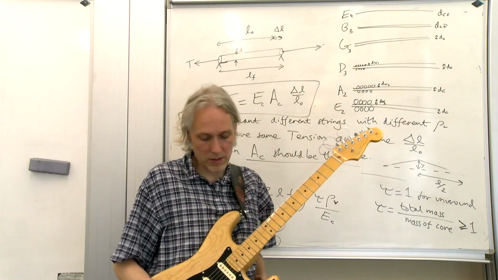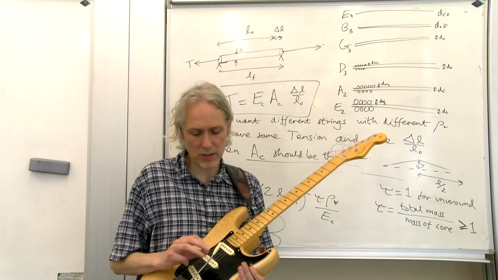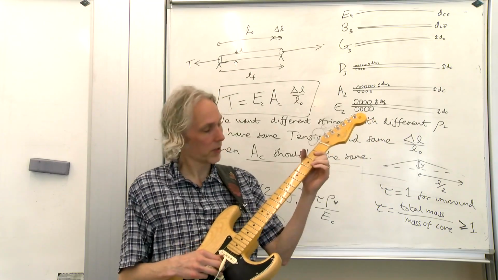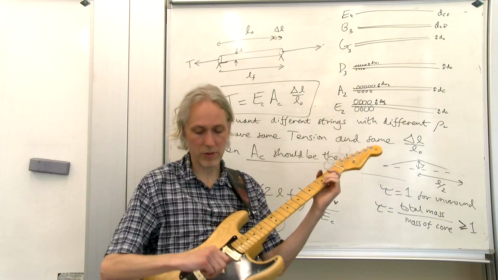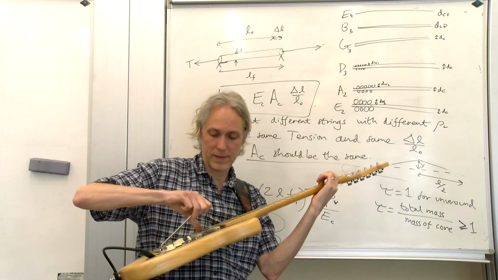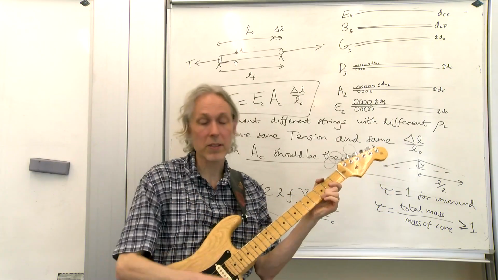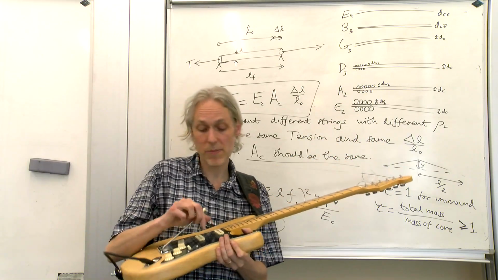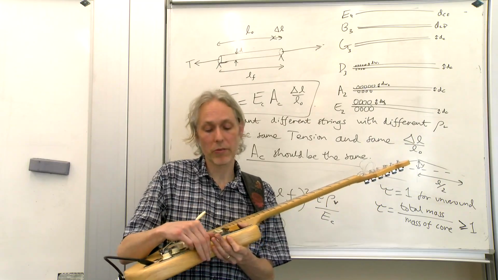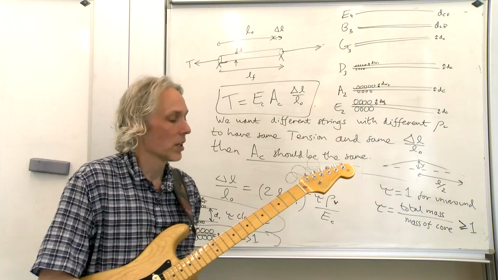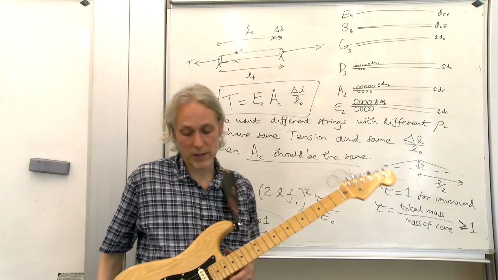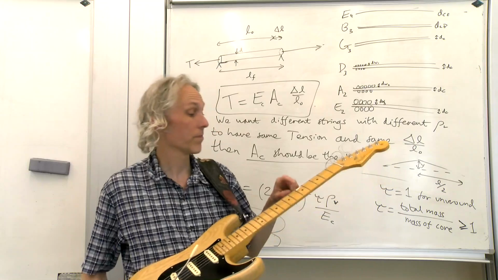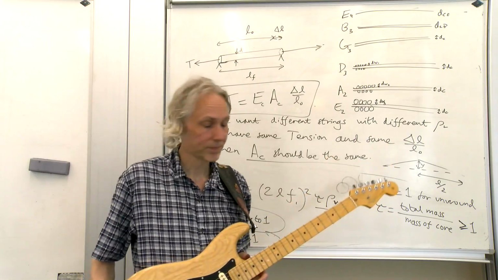So when you actually make pitch changes like this on the bar, you can play a chord and then pull up the bar. You can see that it's not a nice chord anymore on the unwound strings when you pull up on the bar. And that's true of lots of strings in general on the Strat, but with my strings I've engineered them to be the same.